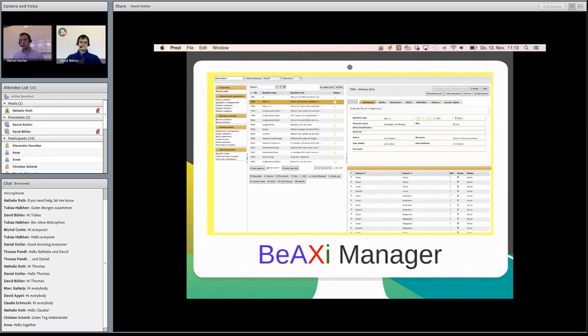And what's also quite new in this direction is the thing that you have the possibility to put, for example, images in the exam and let the examinee pick out specific points that are meant to be the answers. So we will see that in a bit when I show a short demonstration of the BeAXi iPad client, what it's actually meant there. And I don't want to go too much into detail here what the BeAXi Manager can do, everything, all the stuff, because we wouldn't have the time to go into very much detail.